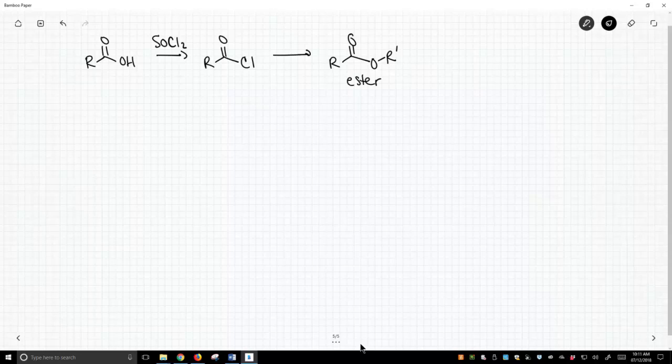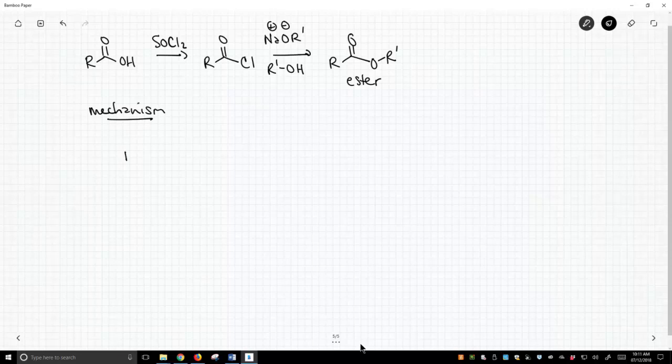So how do we do this? You can treat this with an alkoxide. Typically the solvent here will be the alcohol, the conjugate acid of our alkoxide. So how does this work? Let's talk about the mechanism